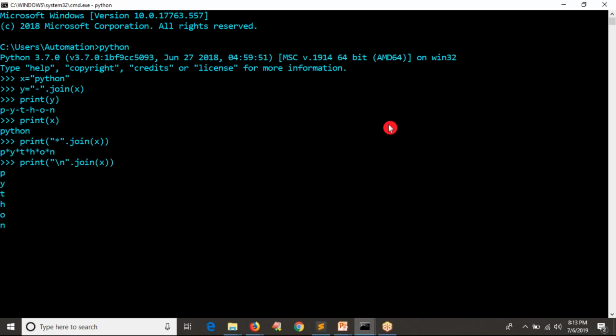You know slash n means new line. See that? You're getting your string in multiple lines, in each line one character, because of slash n. Otherwise, let me add slash t. See the output? You're adding a tab between two characters of your given string, right? So this is the importance of your join string, right? Fine. Then the next one is center.